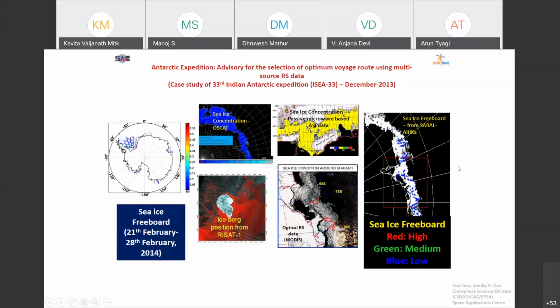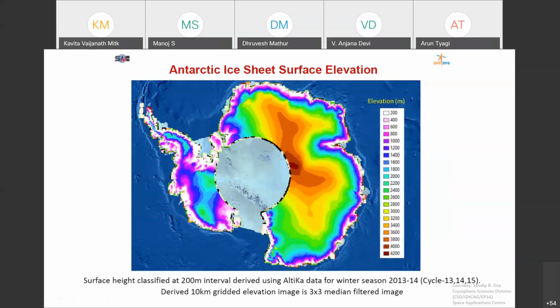This also we have evaluated using Sentinel-Antarctica data. So all this goes as an input for the preparation of the sea ice advisory. Now, the next study I'd like to share is that of